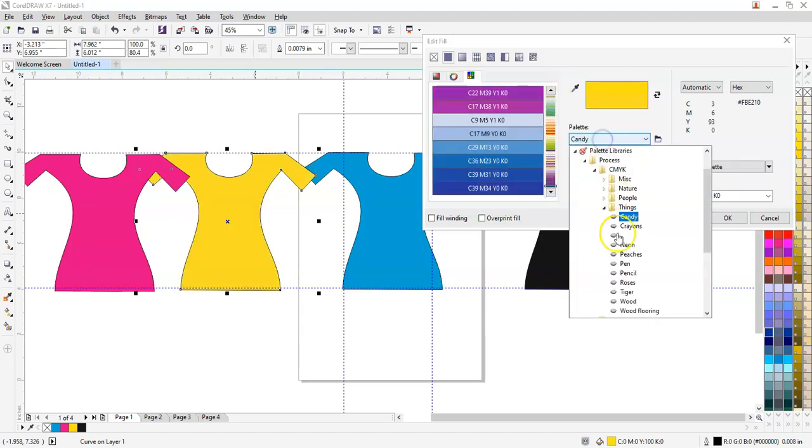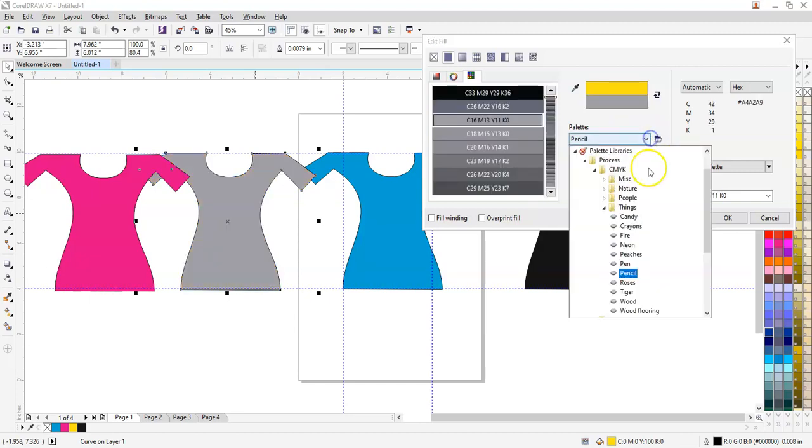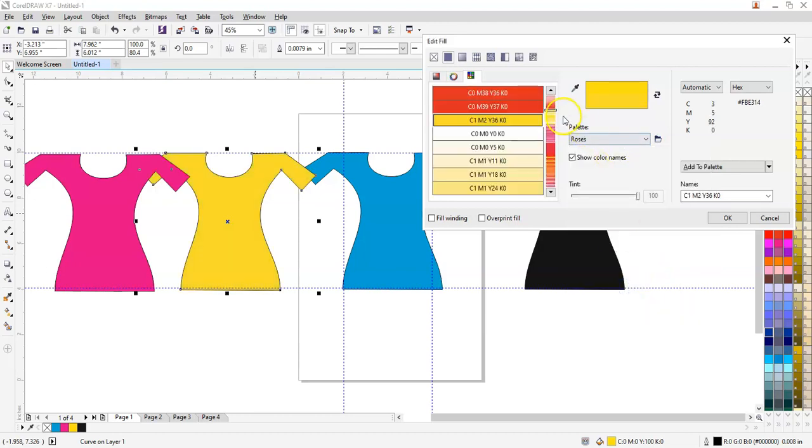When I click here, I want to have fire colors, I have all the fire colors. Pencil, I have pencil colors. Then roses, I have all the rose colors. Then wood, I have these wood colors. So many colors are available.